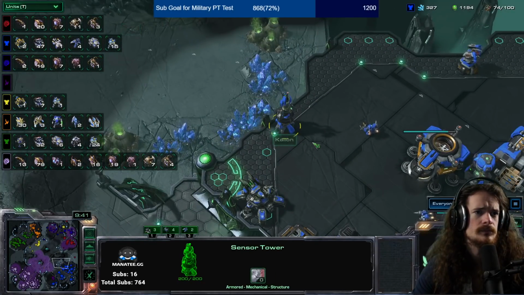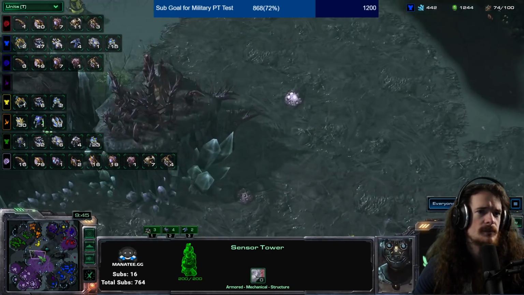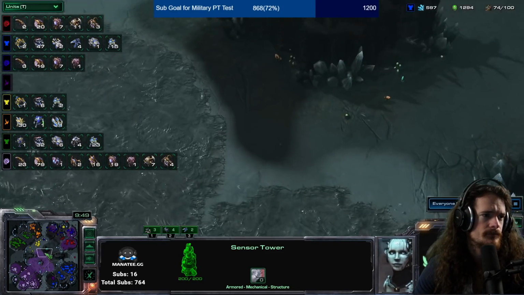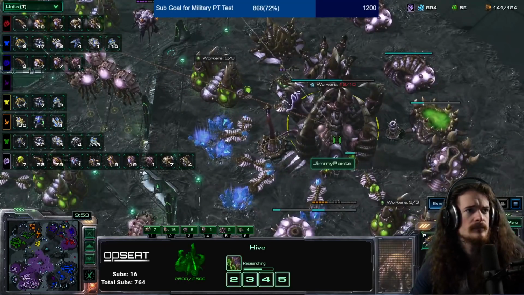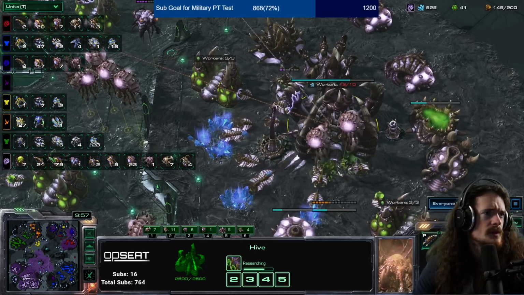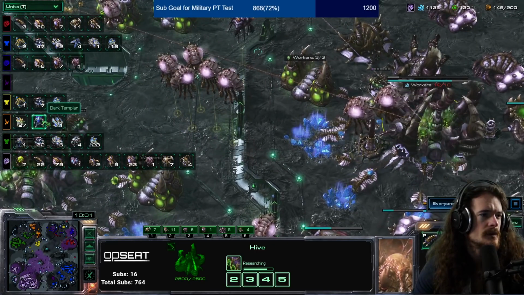Meanwhile, Callion, busy establishing beautiful Venn diagrams on the map. Jimmy Pants has creeped past the center point, getting up next to the other watchtowers. In terms of overall income, Jimmy Pants is way ahead of everybody else. In terms of army,